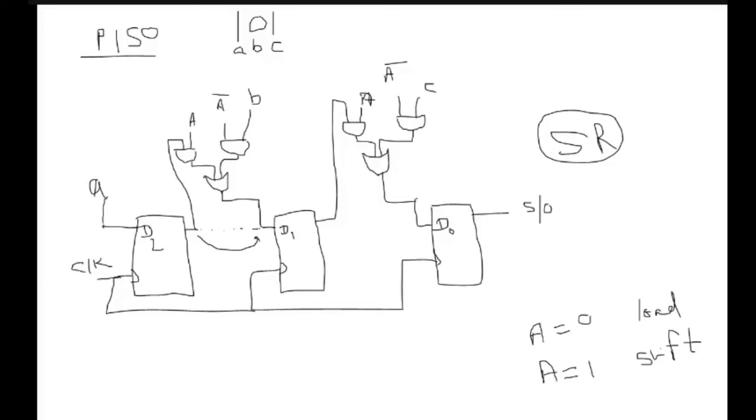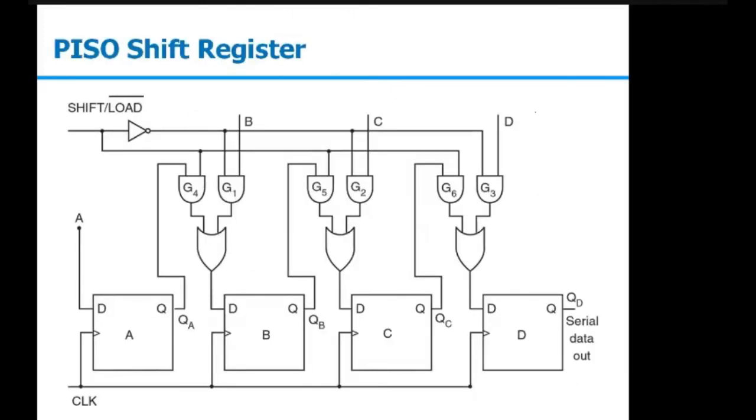Similarly, this is a shift right operation. You can design the same circuit for shift left as well. So here this is an example of PISO shift register, where we are performing the shift right operation. If you want to perform the shift left operation, then at this side here you need to provide the data input, and the output of this stage should be connected to the input of the next stage.